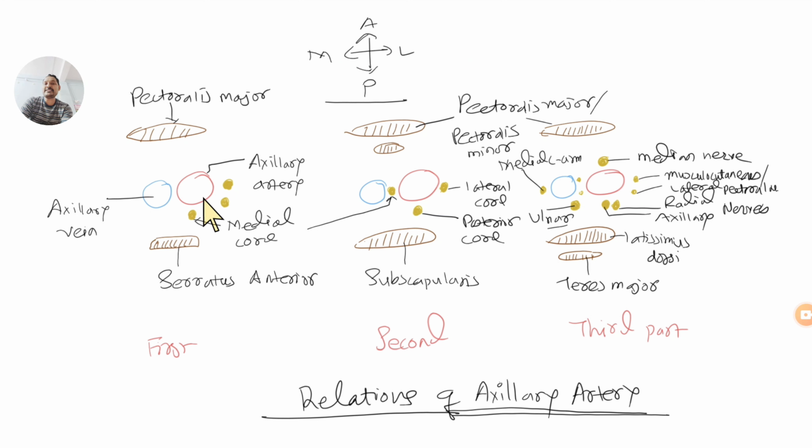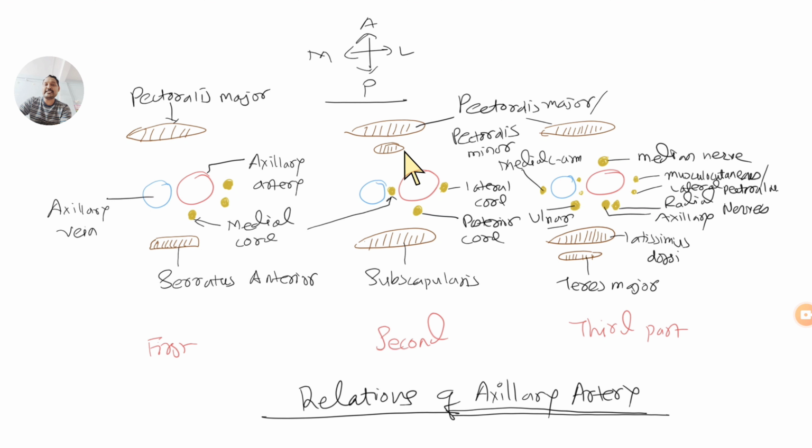Now obviously your axillary artery has a very important continuous medial relation, and if you write this you will definitely get 1 mark. Axillary vein is always present medially. So in the time of emergencies, many of the students don't remember anything. Please remember at least one relation. The medial relation of the axillary artery is the axillary vein, and that will secure 1 mark for you if you just draw these two structures. Always remember there is anteriorly pectoralis major,